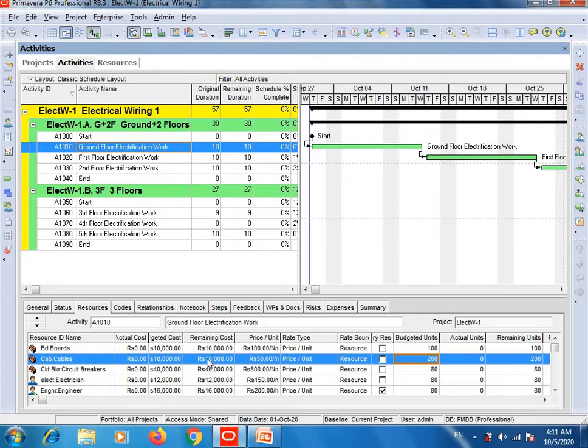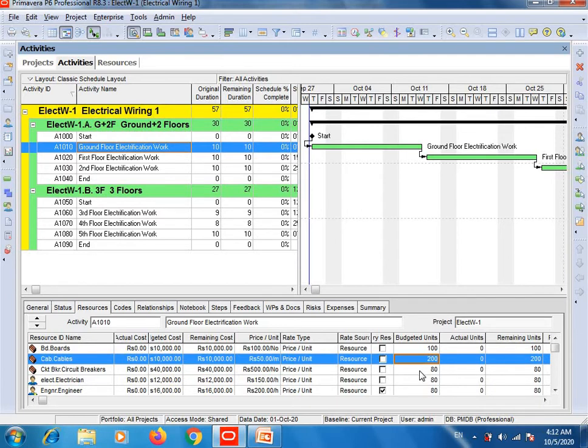So it comes 10,000 rupees. Now circuit breakers. The circuit breaker price is 500 Pakistani rupees per circuit breaker. It could be MCCB, MCB or any other type, and then you will write the complete detail here, but I am just showing you how to set the resources and their prices. So let's assume that the per circuit breaker price is 500 Pakistani rupees.